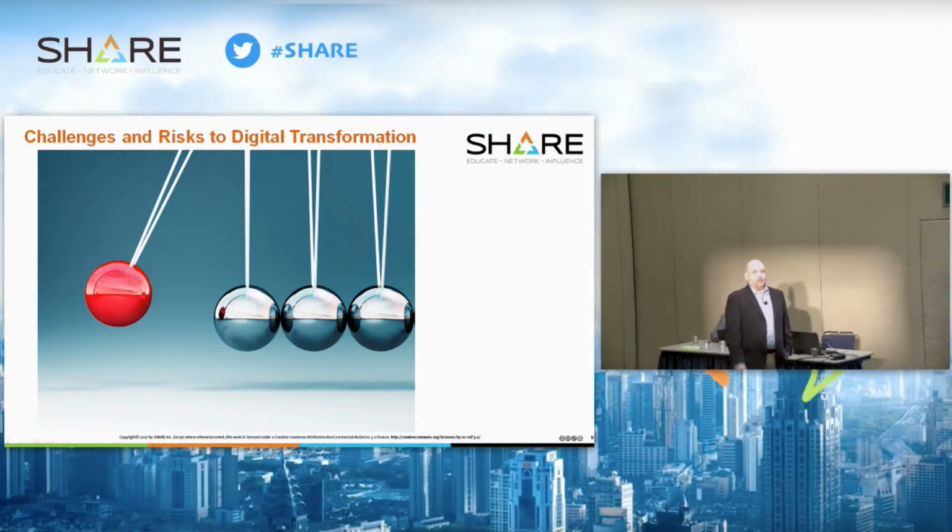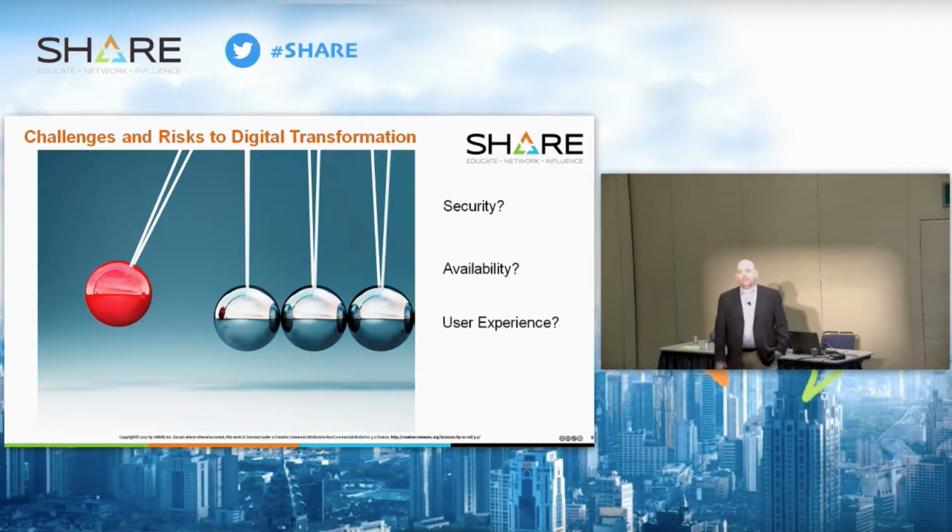So we look at digital transformation, and how do you start to think about it? How do you make this go forward in the organization? There's a lot to consider here. Security. Are you making sure that you may be providing experiences, you may be opening up access to new users? How are you making sure that that data is protected and the right people are getting access to it? You look at availability, making sure you're going to be making changes and trying new things, and how do you keep the plane flying while you're working on the engine? How do you manage that? And then the user experience. Who are you